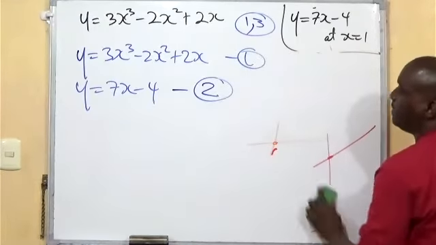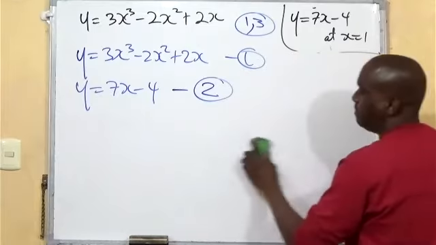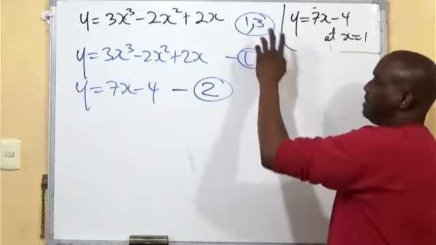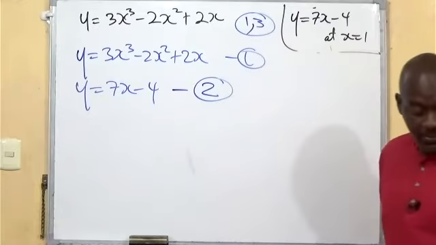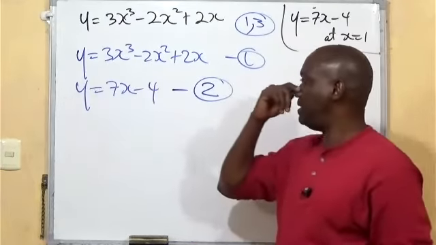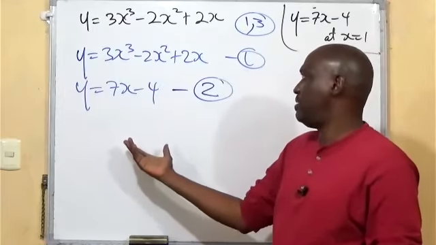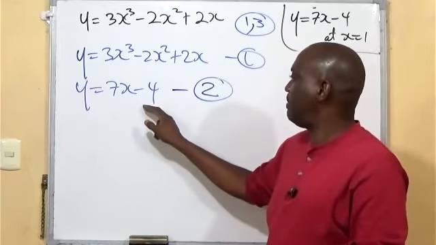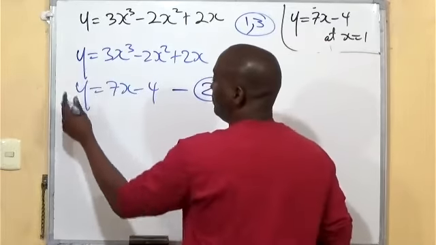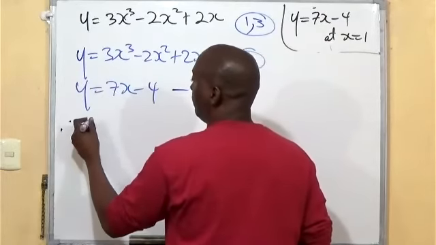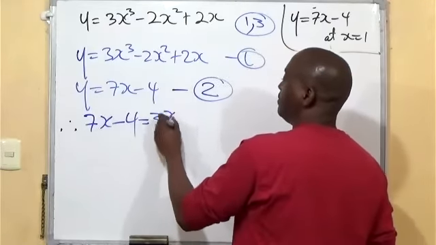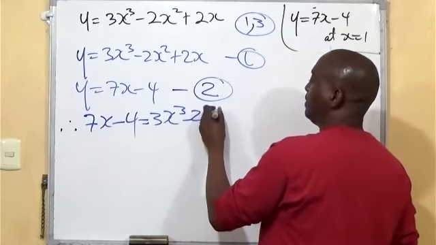One is cubic and one is a straight line. Something that you wouldn't usually get, but in this case, because we have a tangent, that would simplify the working as we proceed. So you do your normal thing, you substitute one into the next. If y is equal to 7x minus 4, you substitute it here. So between these two, you could simply say, therefore, 7x minus 4 is equal to 3x cubed minus 2x squared